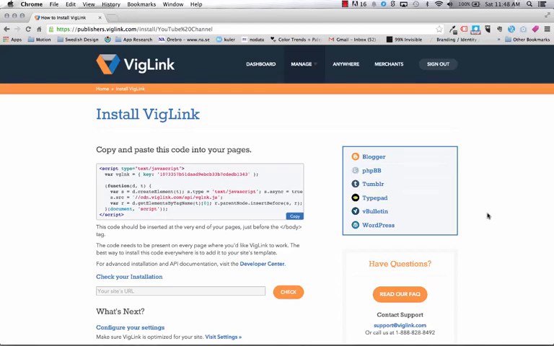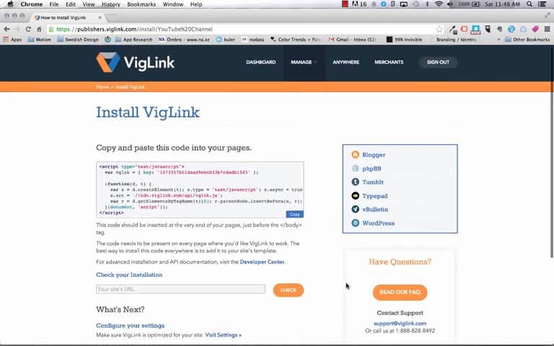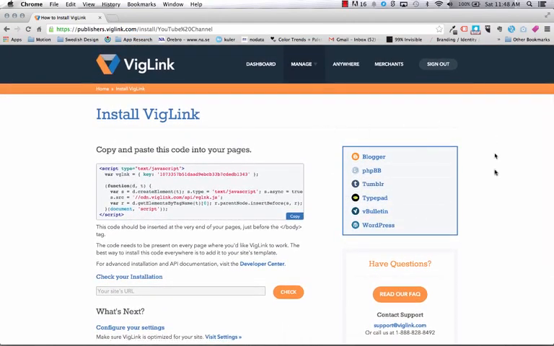And that brings us to the last step of the VigLink setup. And in fact, this isn't a part of the setup. This is just to install VigLink if you have your own page. And now keep in mind that I intend to use this VigLink especially for my